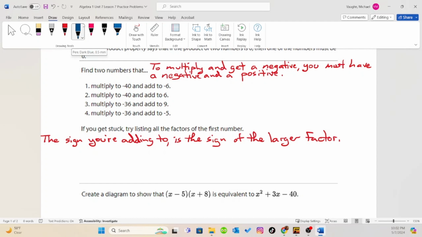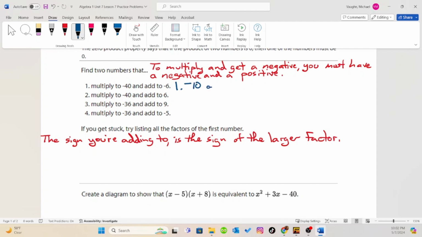We have 2 and 20. They're 18 apart. They're not going to come out to negative 6. And we have 4 and 10. They're 6 apart. So now we just need them in the right combination. One of them is positive and one of them is negative. Since we have a negative 6 that we wanted to add to, the negative is going to go with the big number. So for number 1, our answers are going to be